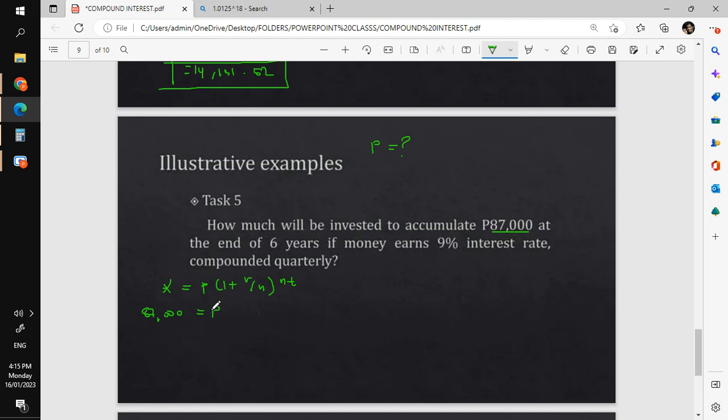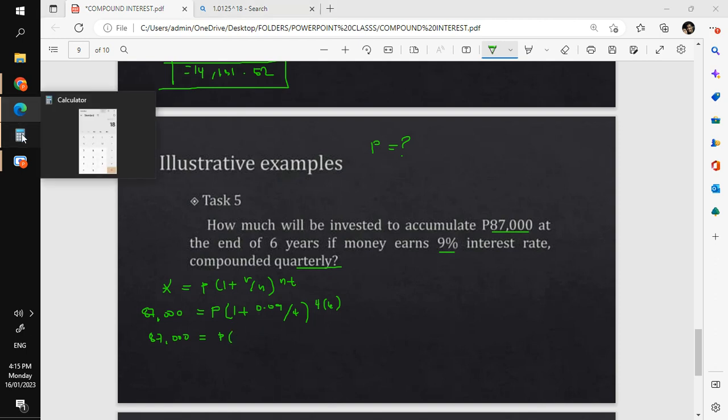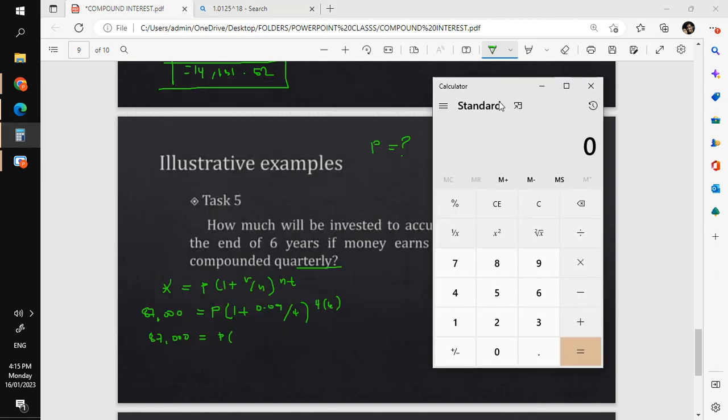Our principal amount, this is what we are looking for, so let's keep it that way. You have here 1 plus the rate of interest, 9%, converting that into its decimal form, so that is 0.09, all over the number of times it is compounded, since quarterly, this is 4. Now you have here 4 times the number of years, which is 6. Okay, now we have 87,000, which is given by P times 1 plus